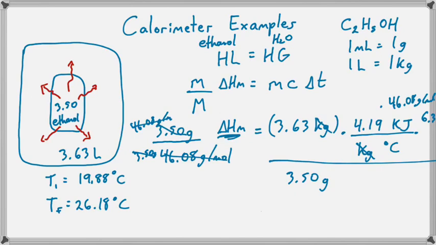So in the end, what you should have is delta H equals 3.63 times 4.19 times 6.3 times 46.08, and then all of that's going to be divided by 3.50 grams. So if we go through and figure out our units, this gram will cancel with the gram here. My degrees Celsius will cancel with my temperature. And in the end, the only units I'll be left with are kilojoules and per mole. So my answer is going to show up in kilojoules per mole, which ends up being delta HM,